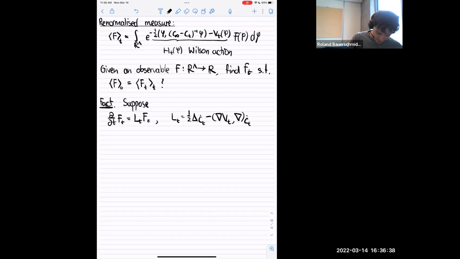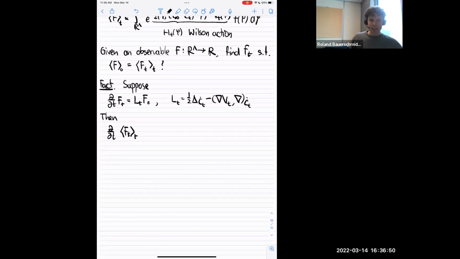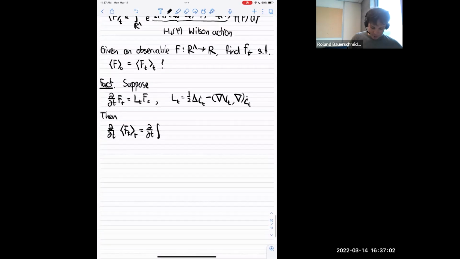Well, then you can check that the expectation of ft with respect to the renormalized potential doesn't depend on t. And since it's only one line, let me just do it. We want to check the derivative is 0. So what is the derivative? Well, up to a constant I didn't write above,